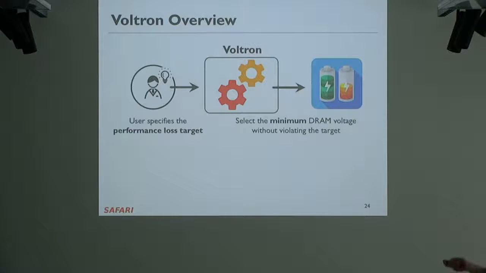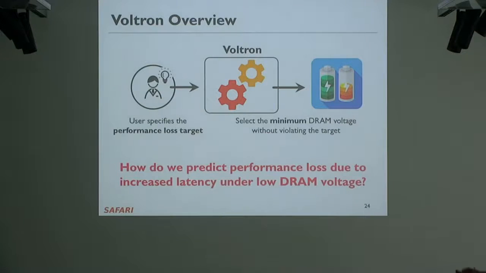Okay, anyway, basically, this is the overview of the mechanism. I'm not going to go through the details of this a lot because this is one mechanism you can build. But basically, someone specifies some performance loss target and inputs that into the system. And the system selects the minimum DRAM voltage without violating that target, hopefully. That's the idea. It's like any control system that you build, and then you need to develop a control system